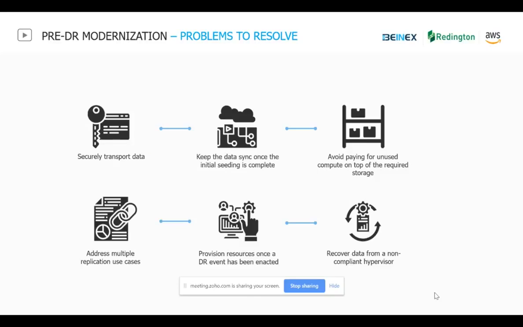So the first thing will be to securely transport data, because you cannot just transport data over the internet all the time. And over the VPN, though it provides you some sort of security, based on your network bandwidth, transportation of data will be slower, and you need to consider that as well if you are creating a DR on the cloud.